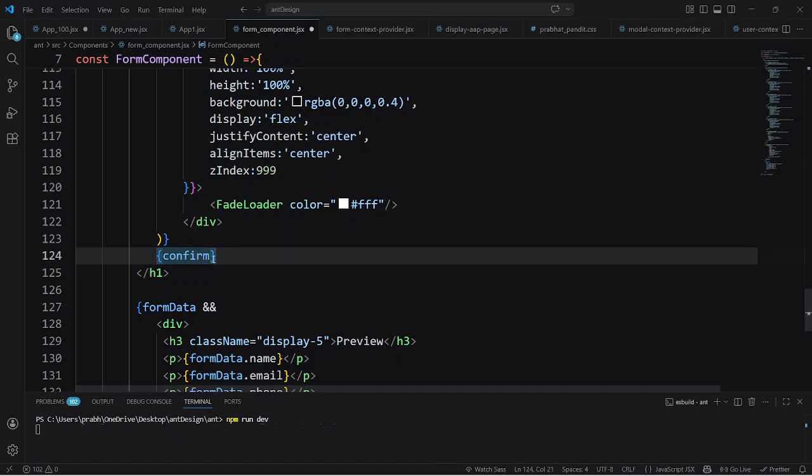Okay, here is the confirm. And if loading is false, then we will show this message. So it is saying this confirm is set, and this loading is false, then